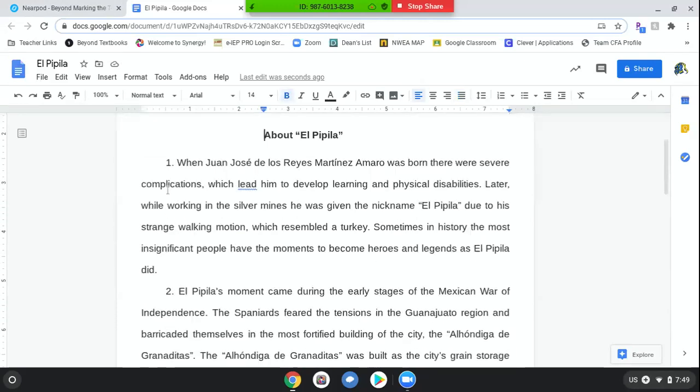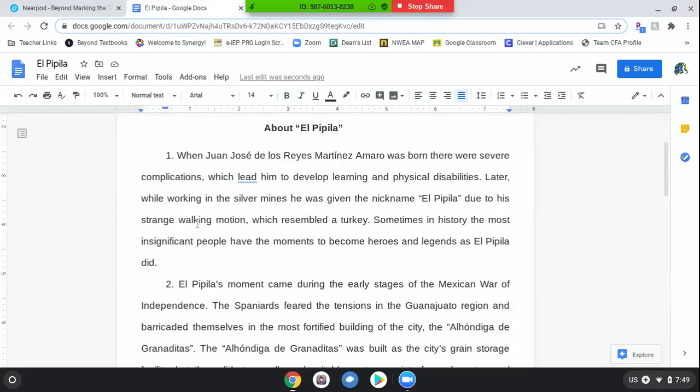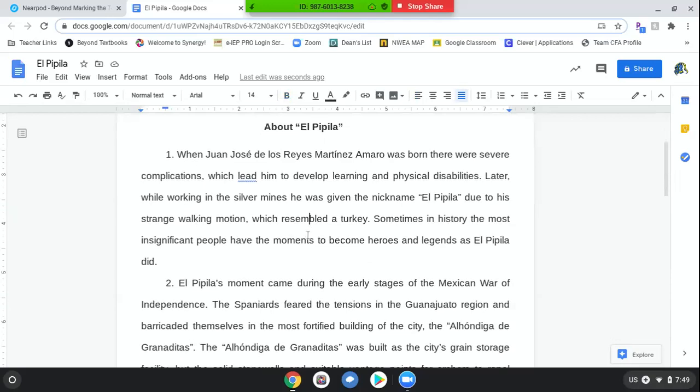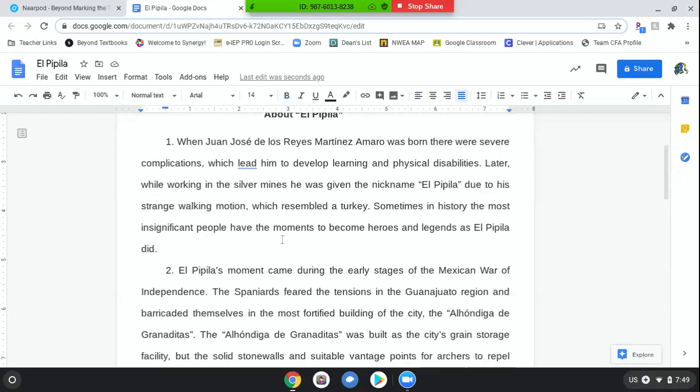About El Pipila. When Juan José de los Reyes Martínez Amaro was born, there were severe complications which led to him developing learning and physical disabilities. Later, while working in the silver mines, he was given the nickname El Pipila, due to a strange walking motion, which resembled a turkey. Sometimes in history, the most insignificant people have the moments to become heroes and legends, as